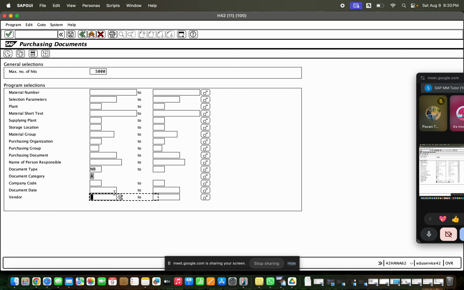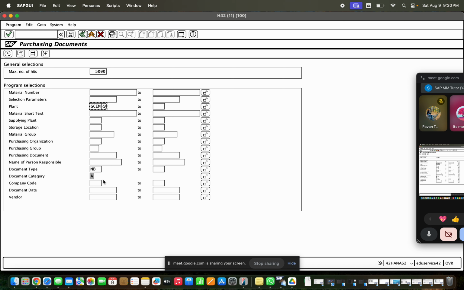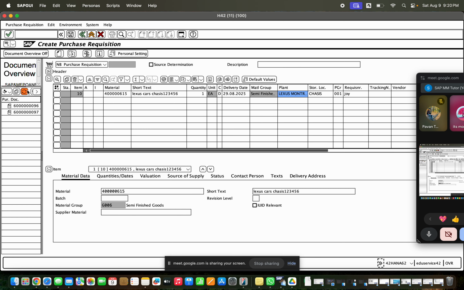Okay, I'll do one thing. I'll enter only the plant, TCEM. Then I'll enter the document type, maybe it is not present. Let's open this one. Execute, just entering the plant level. What are the RFQs? So these are the RFQs which we created. By using this one, I can also create the